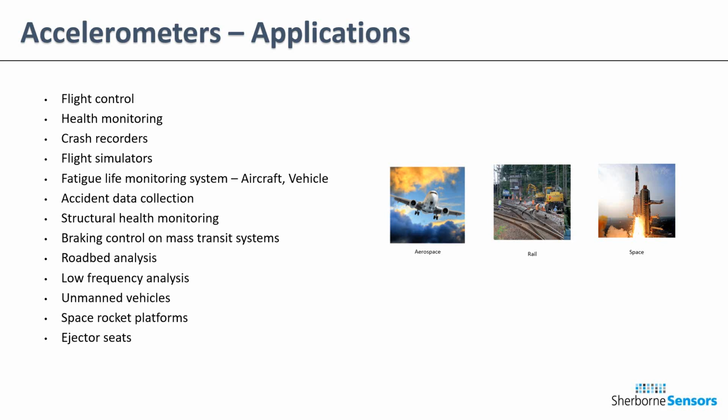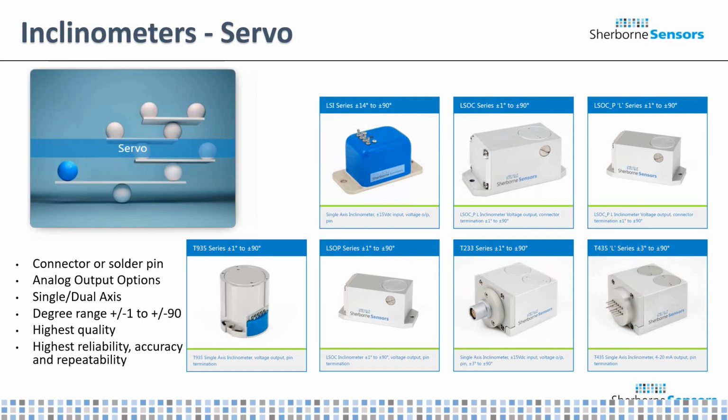and then a couple of others here with ejector seats and rocket platforms, so on and so forth. When we look at inclinometers from a servo standpoint, you can see the lineup that we have here. So depending upon your need, your footprint available, the connector that you're looking for, the conditions that it's in, whether